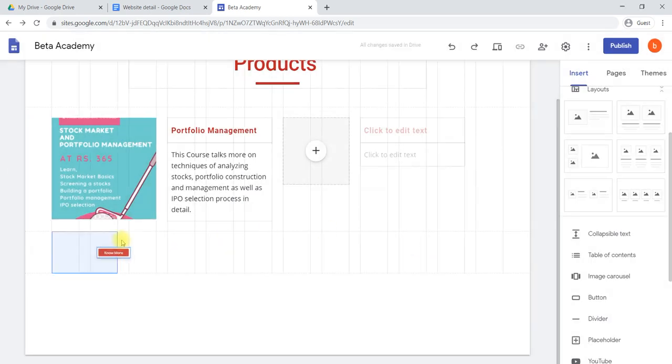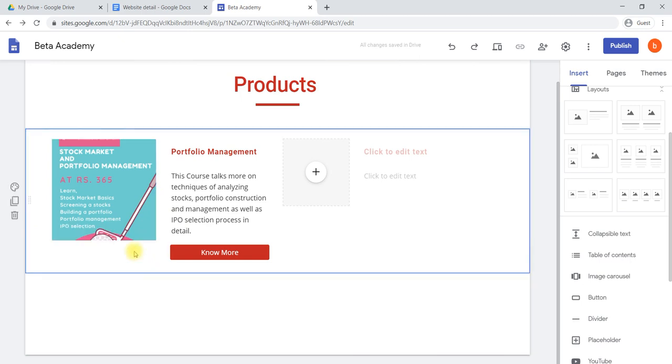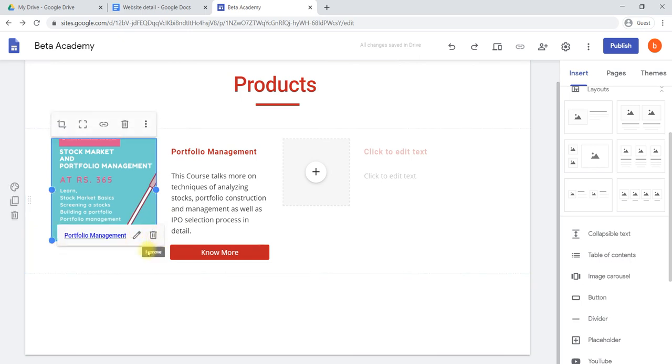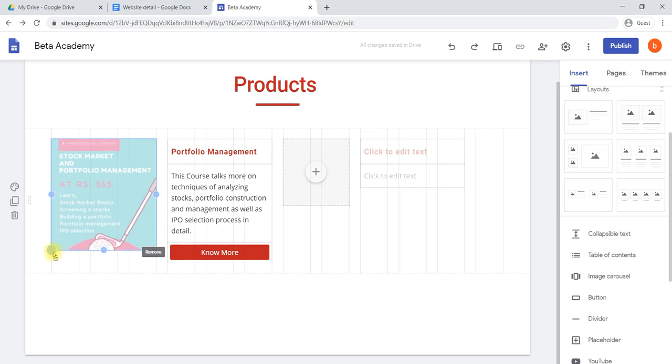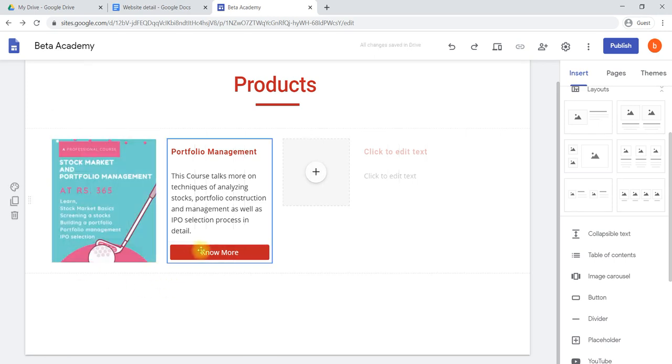Then we move this button to here. Now anyone who clicks on that Know More button will be taken directly to that particular page.